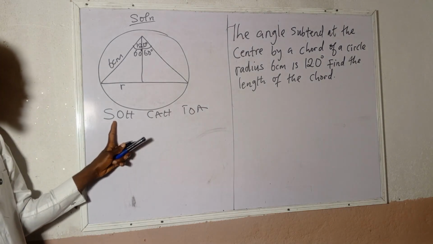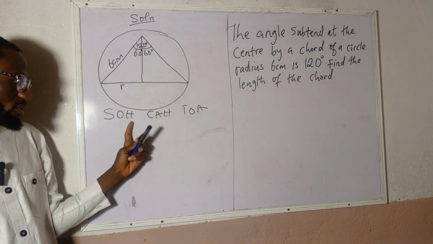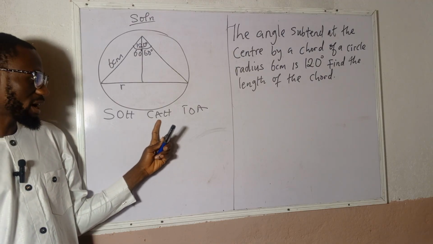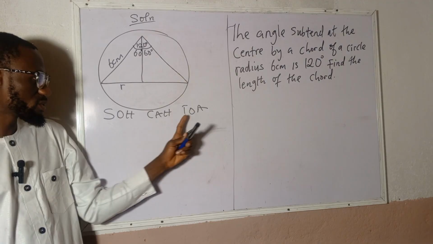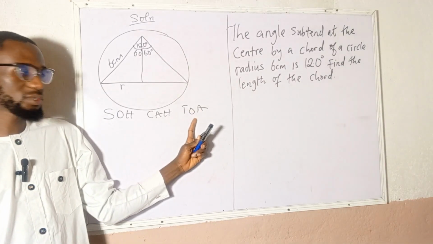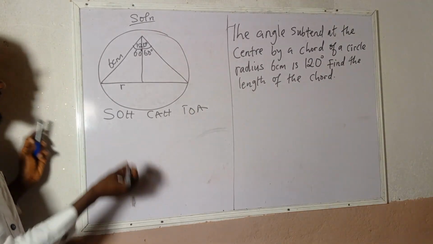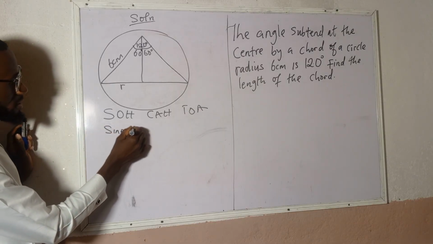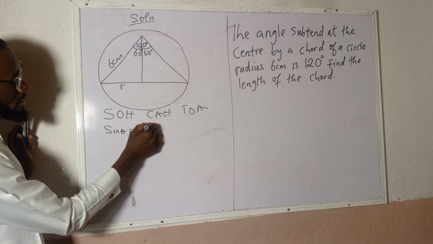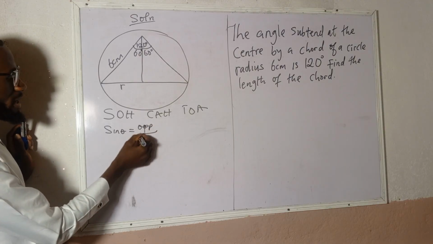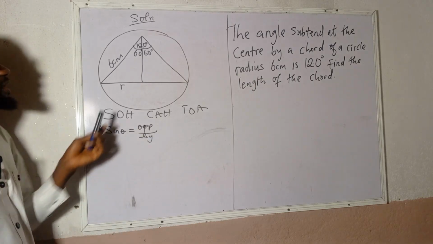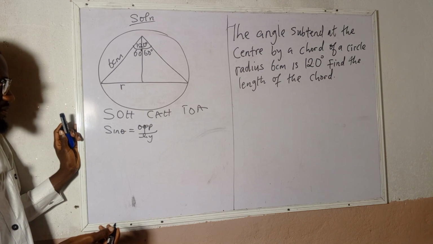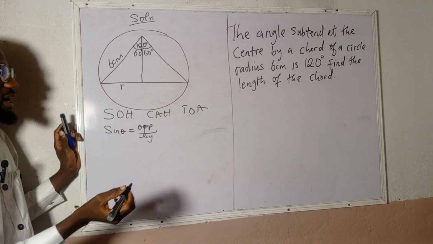SOH CAH TOA, that is, sine theta is equal to opposite over hypotenuse, cos theta is equal to adjacent over hypotenuse, tan theta is equal to opposite over adjacent. Now we have sine theta equals opposite over hypotenuse. In this question, the opposite side is given and the hypotenuse is also given. Here we can have